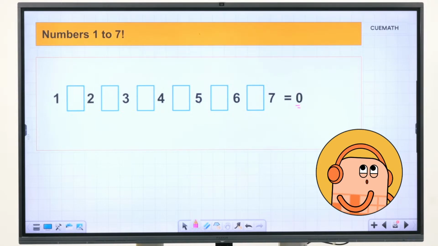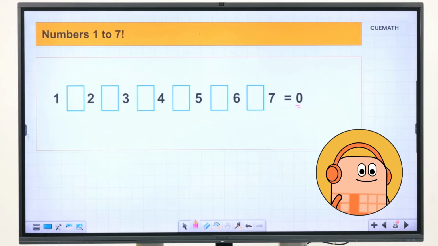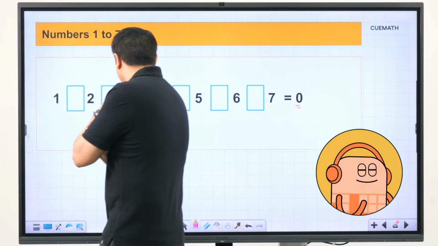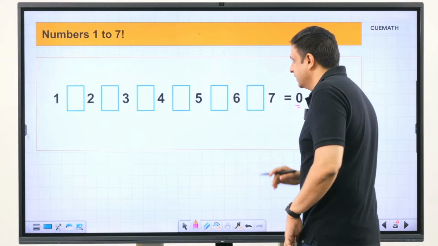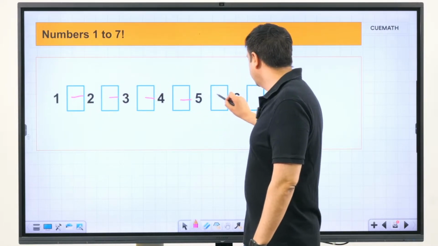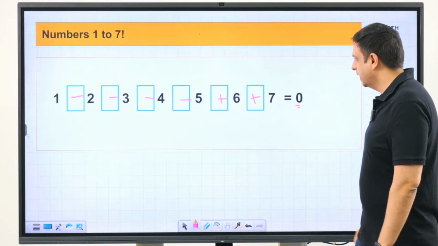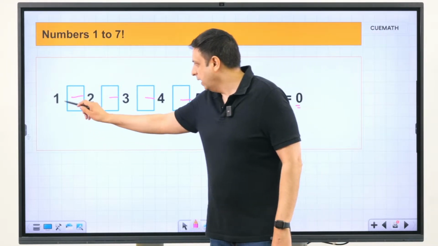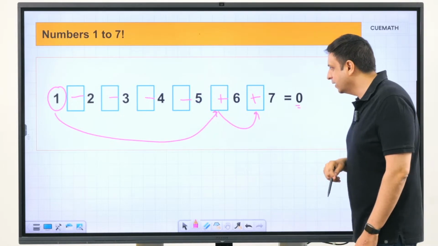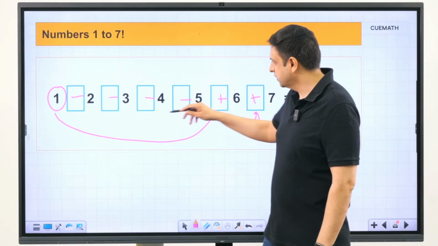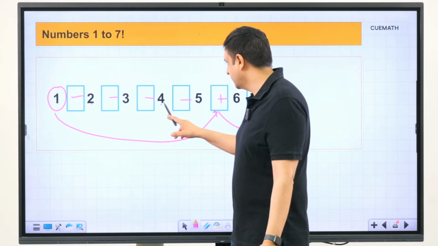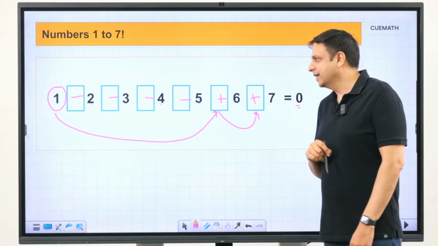Okay, I think I have one. Satvik says 1 minus 2 minus 3 minus 4 minus 5 plus 6 plus 7. Yes, that works. So, I think the first correct answer was by Satvik, and let me use that answer. So I put minus signs here and then I put plus signs here at the end. So you get 1 plus 6 plus 7, that's 14 in total, and then from 14 you subtract 2, so that's 12, you subtract 3, that's 9, you subtract 4, that's 5, and you subtract 5, that is 0.